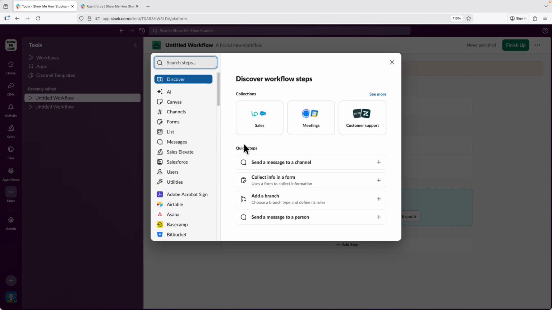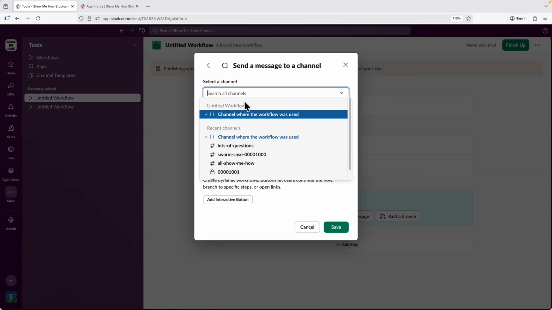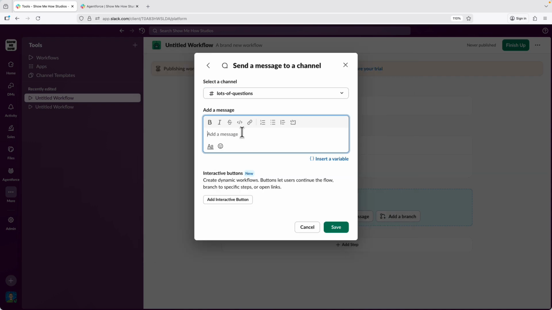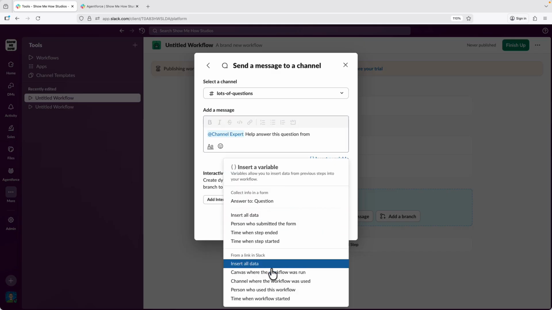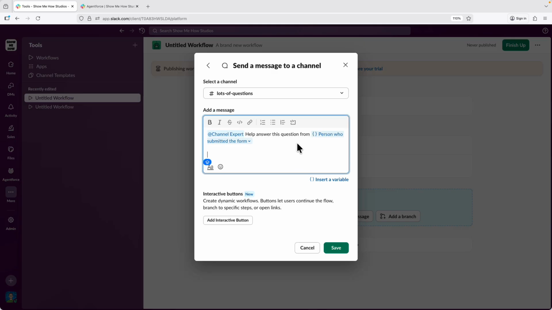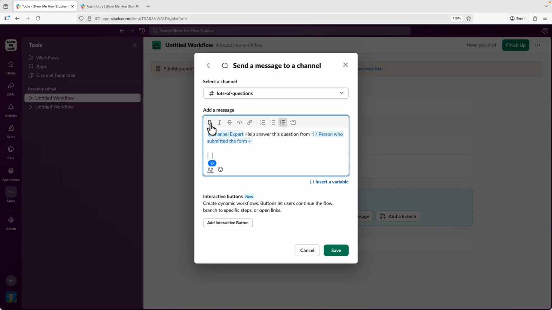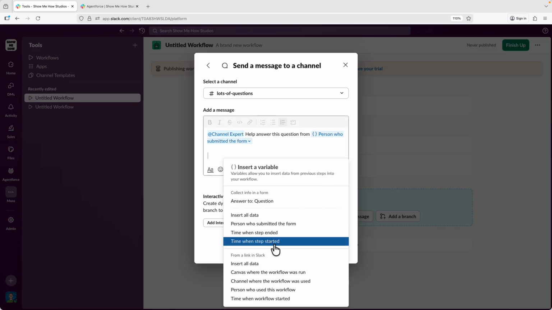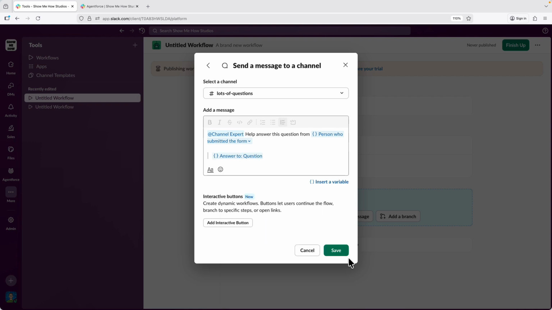But what I want to show you is all you need to do is send a message into a channel, and we're going to send this to lots of questions, and we're going to say at channel expert, help answer this question from, we'll say insert variable and person who submitted the form, right? So we're basically building out a more structured way of triaging the information. Okay, and we're going to say answer to question, say save,